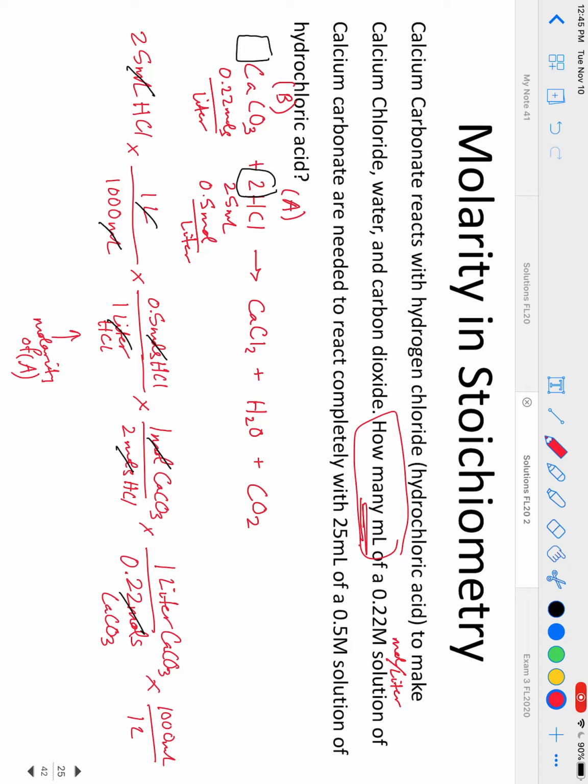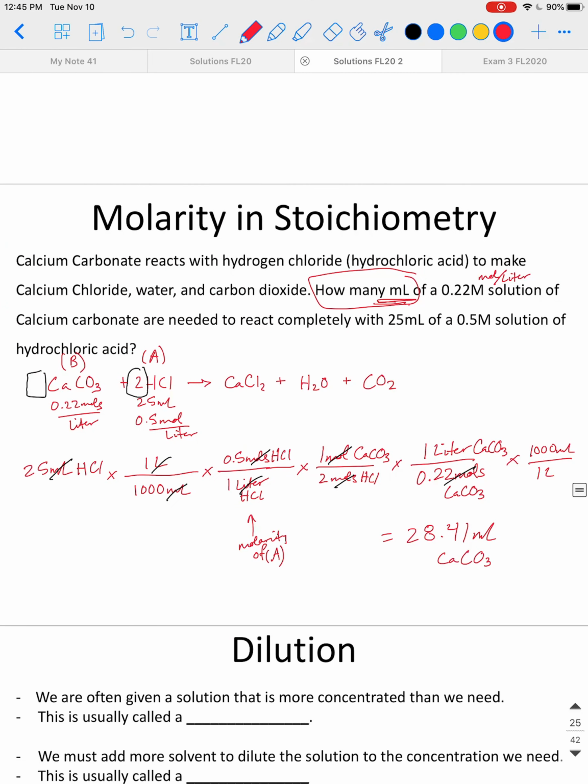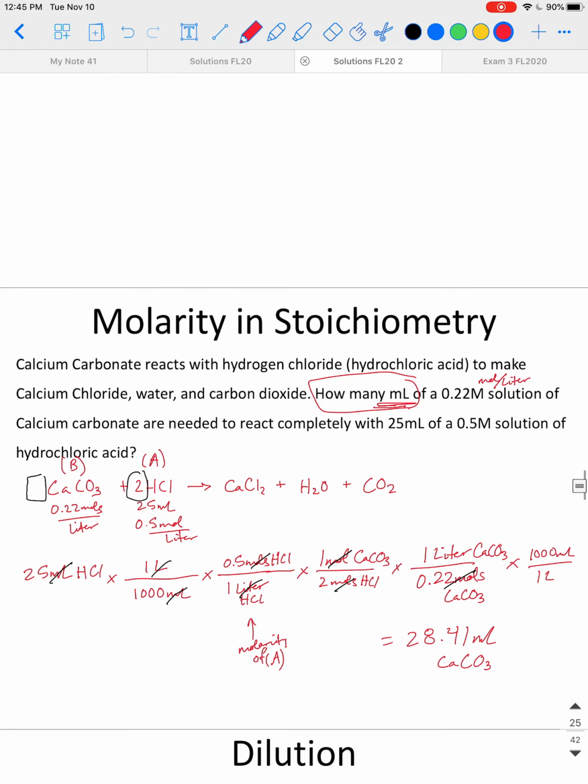So now we just put all this in. This is a long problem here, several steps. So start with 25 milliliters, divide by 1,000, multiply by 0.5, divide by 2, divide by 0.22, and times 1,000. And I got 28.41 milliliters of that molarity of calcium carbonate would be needed to react with all your hydrochloric acid. Okay, so that concludes this video on how to use molarity in what we